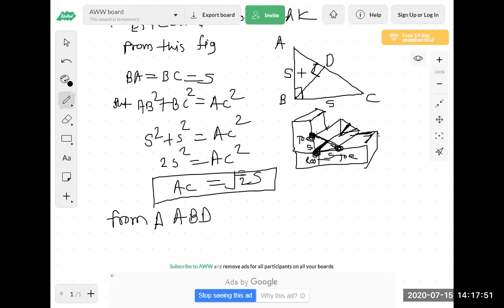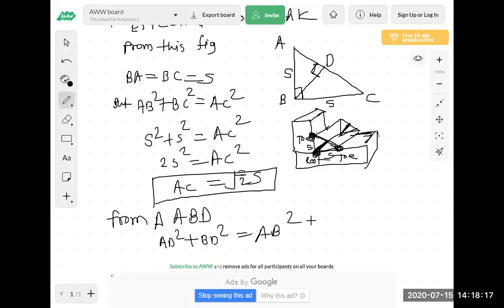Now from this ABD, AD square plus BD square is equal to AB square.